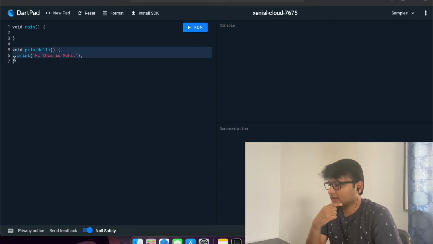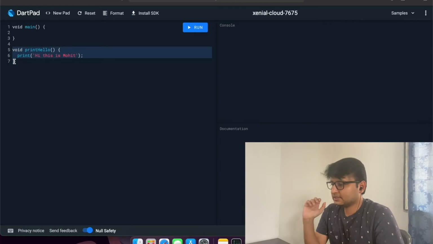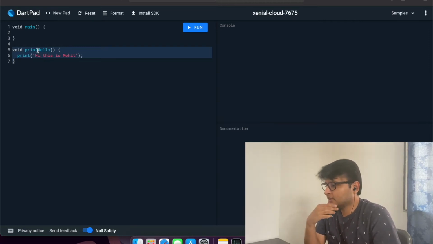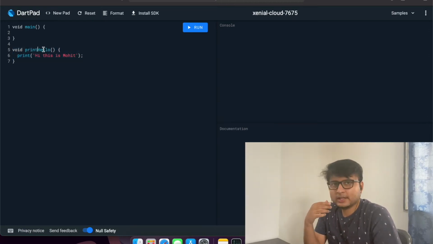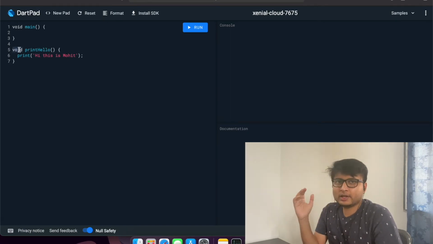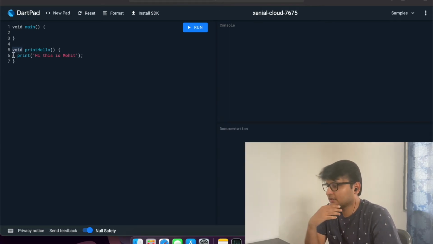Now as you can see here, this is the basic simplest example of a function. Here print hello is the name of the function. Void is the return type. We will focus on it more at a later part of the tutorial, but as of now you can consider this void. Void means it is not going to return anything, so you can ignore this part. We will cover it later.